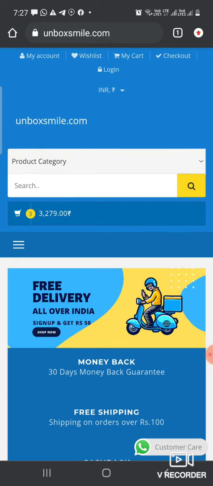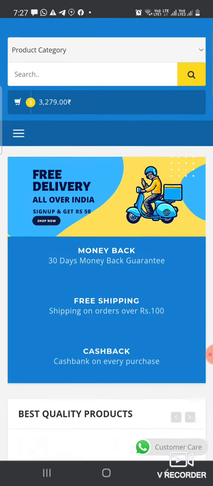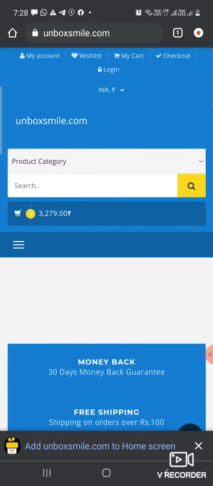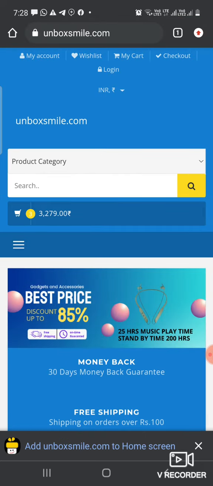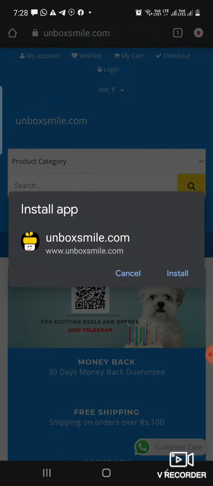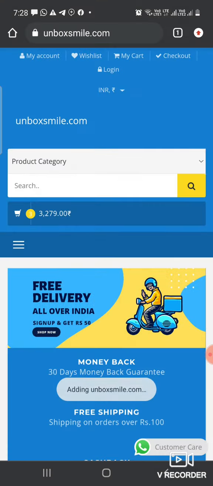Now after the website uploads, scroll up and scroll down. At the bottom of the phone you can see "Add unboxsmile.com to home screen." Just click it. Now an option will appear: install. Click on install. After clicking install,